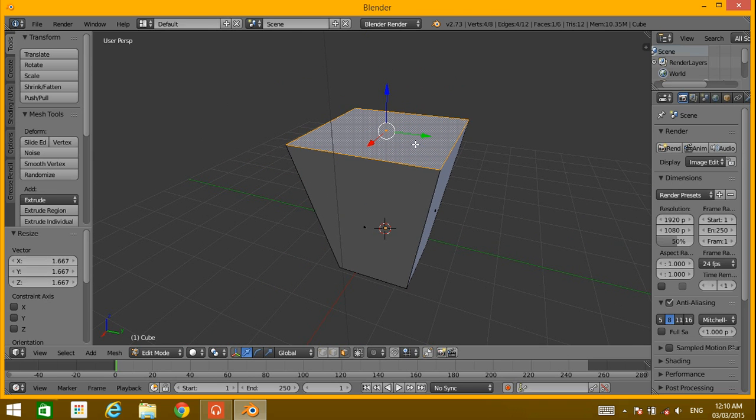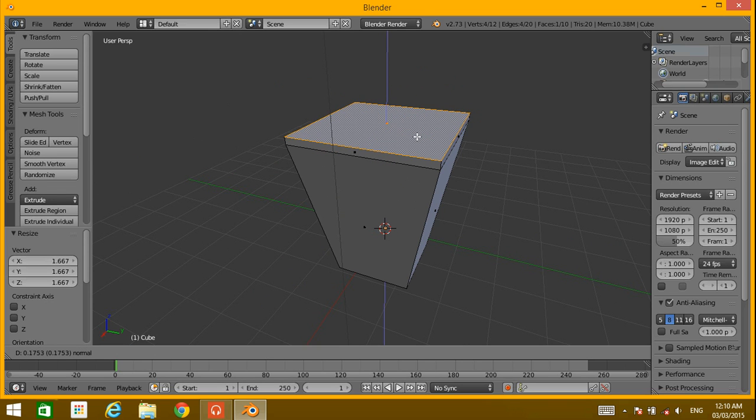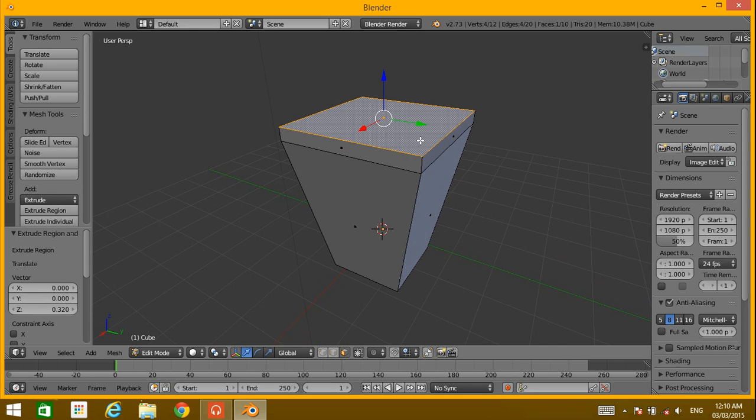Now, to extrude, press E and just extrude a little bit. Alright, and press E and enter.